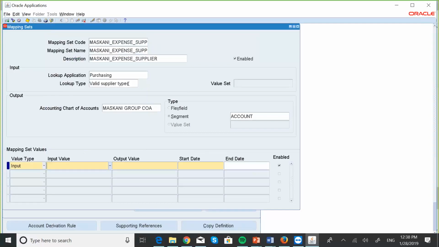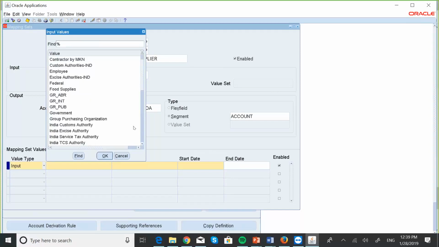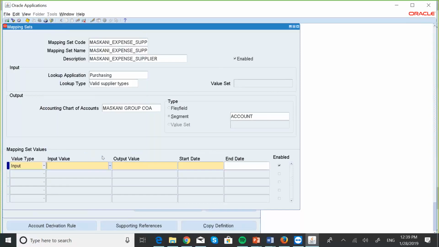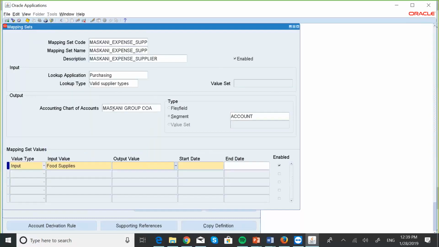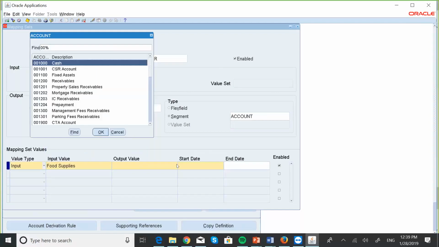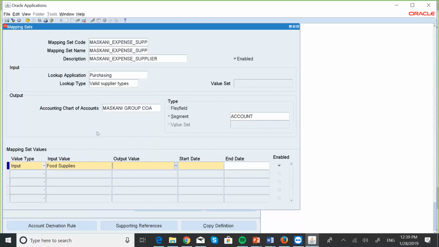So it gives you the supplier types in this lookup under the input value. So if our input value is food supplies, we want the output to be what? So output value, again, you have specified here the chart of accounts and the segment. So that's the values you're going to get, the values under that segment. So we want the output to be meals,